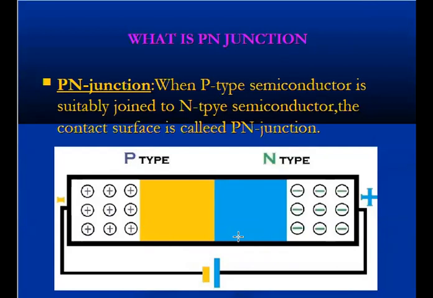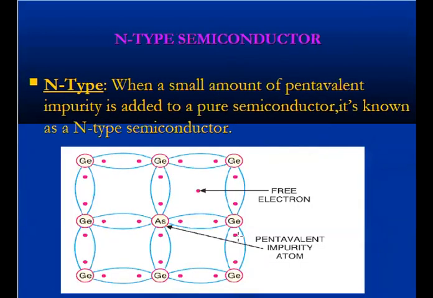First of all, what is meant by N-type semiconductor and P-type semiconductor? Coming to the N-type semiconductor, doping pentavalent impurities like phosphorus, arsenic or antimony to an intrinsic semiconductor like pure silicon or pure germanium results in an N-type extrinsic semiconductor. In this type, the majority charge carriers are electrons only. These are the free electrons and these are the pentavalent impurity atoms. So this is about the N-type semiconductor.